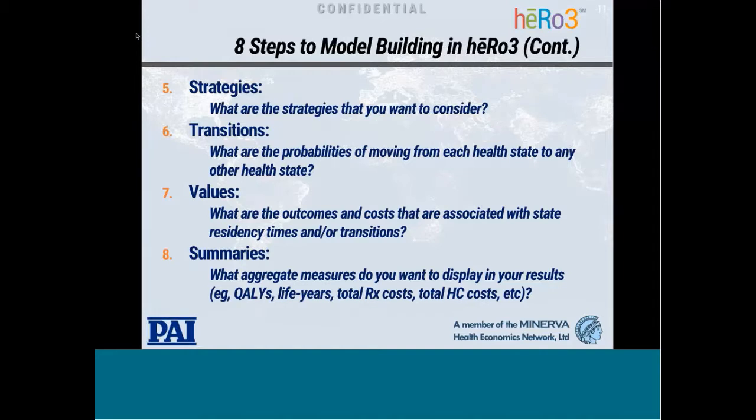And then finally, the 8th step is summary, and this is where we aggregate those outcomes and costs into overall measures. So this would be things like defining qualities as the sum of pre-progression qualities and post-progression qualities in a partitioned survival model, or defining our healthcare system costs as the sum of medication cost, other care costs, terminal care costs, etc. Essentially every summary is a potential numerator or denominator in an ICER, as well as an outcome that can be looked at on its own.